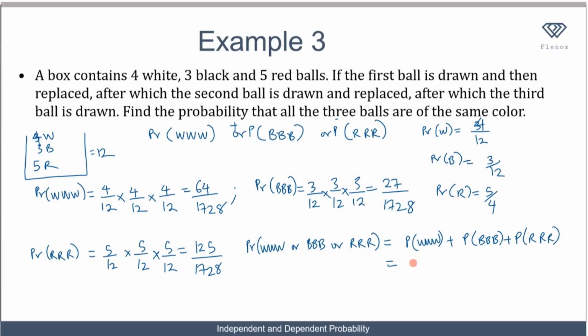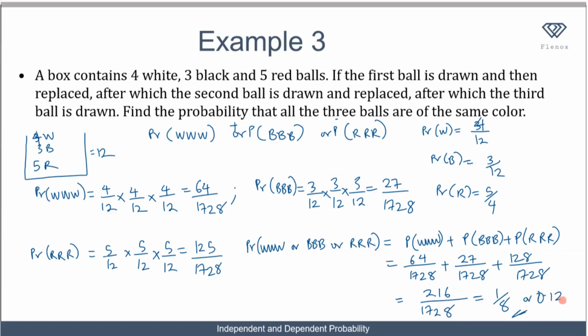For the white balls, I have 64 over 1728. For the black, I have 27 over 1728. And for the red, I have 125 over 1728. When you sum up all of this together, you get 216 over 1728, which is equal to 1 over 8, or 0.125. So to recap, we are told to find the probability that all the 3 balls are of the same